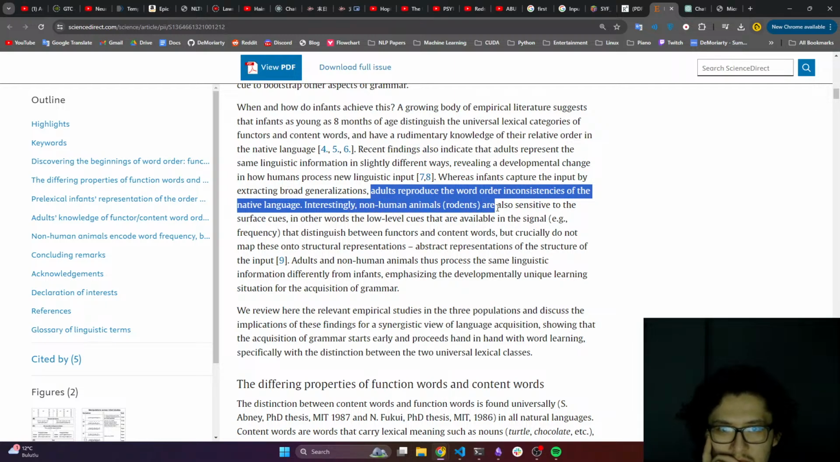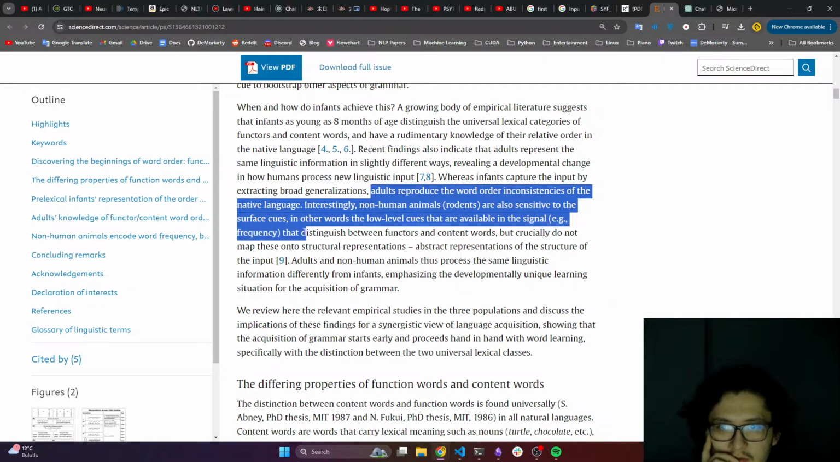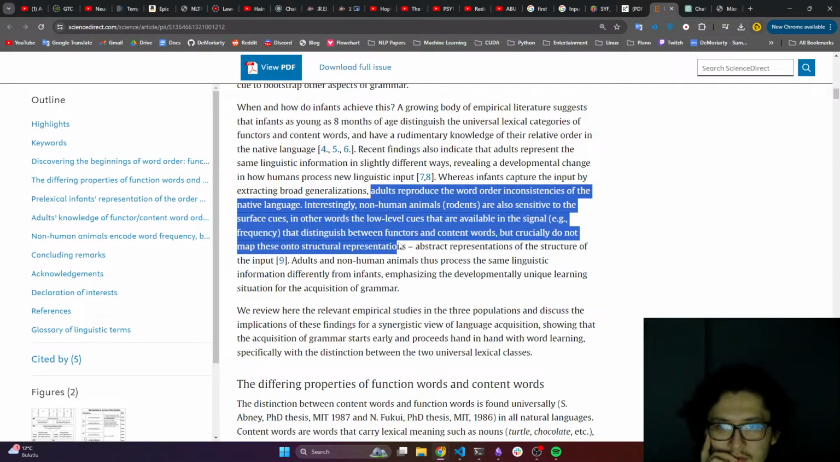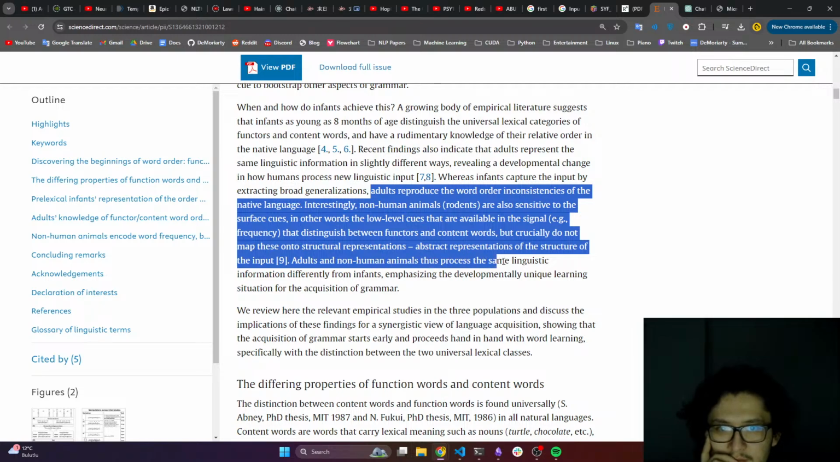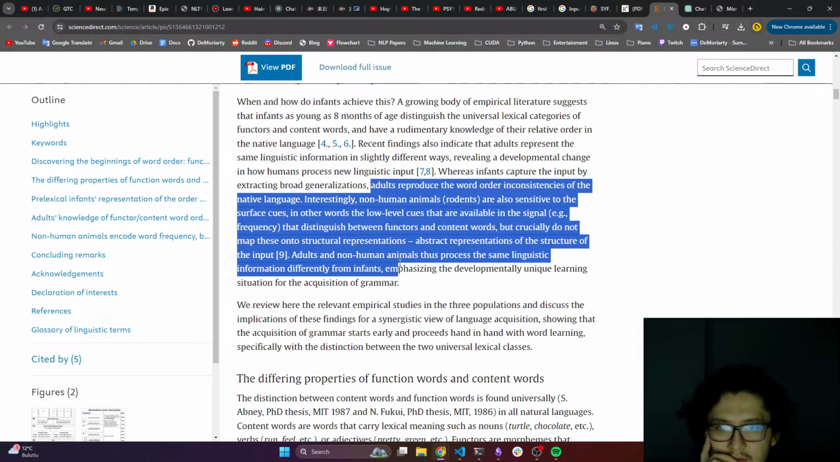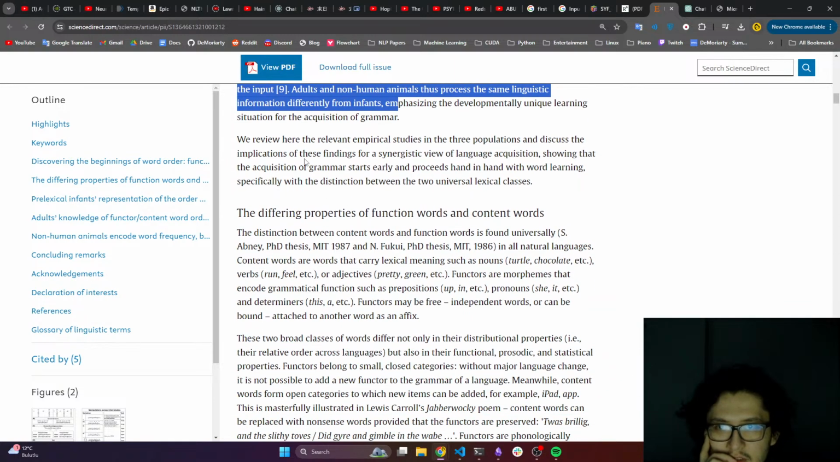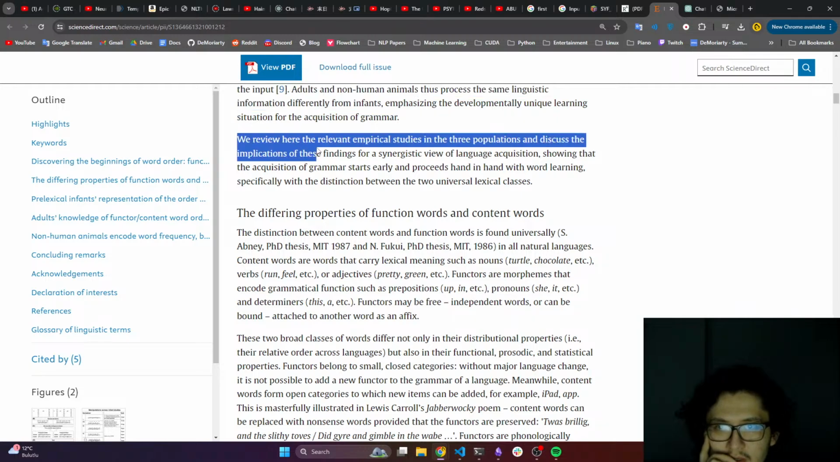Interestingly, non-human animals are also sensitive to the surface cues, in other words, the low-level cues available in the signal that distinguish between functors and content words, but crucially do not map these onto structural, abstract representations of structure. Adults and non-human animals thus process the same linguistic information differently from infants, emphasizing the developmental relevance of a unique learning situation for them. We review here the relevant empirical studies in the three populations and discuss the implications of these findings